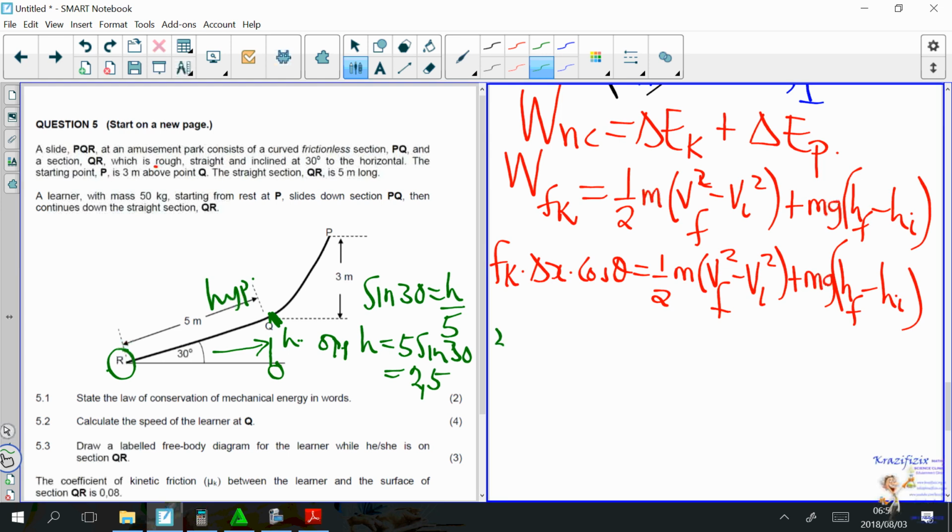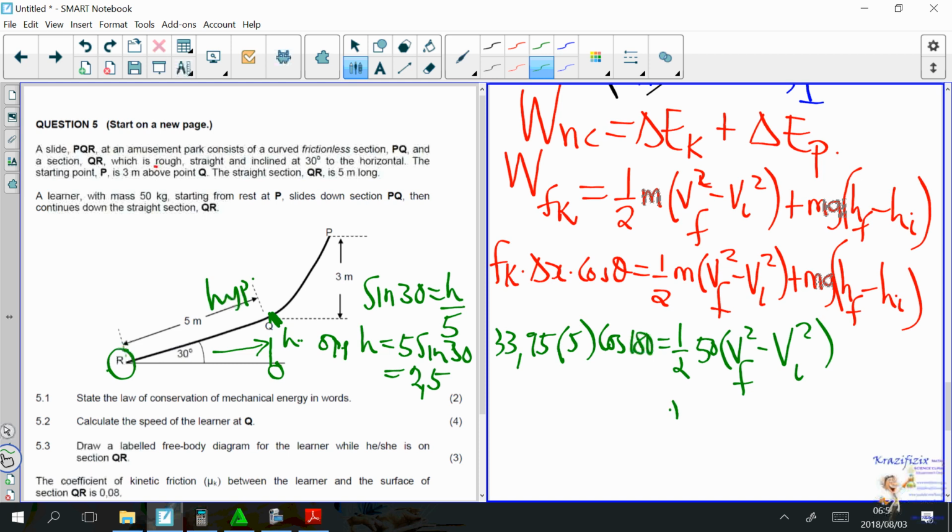So my friction, 33,95 delta x 5 cos 180. I'm sure you remember that right now. Half 50 vf squared minus vi squared plus, because of space, because I want this to be very visible, plus